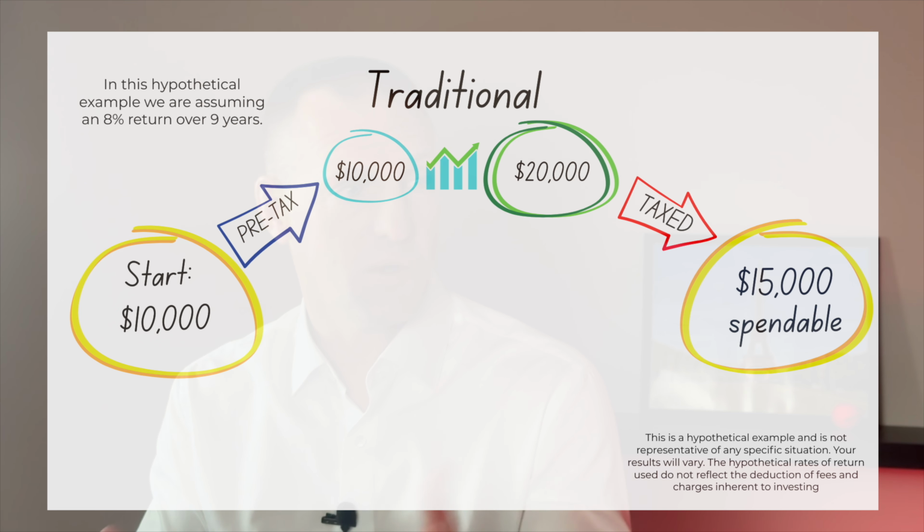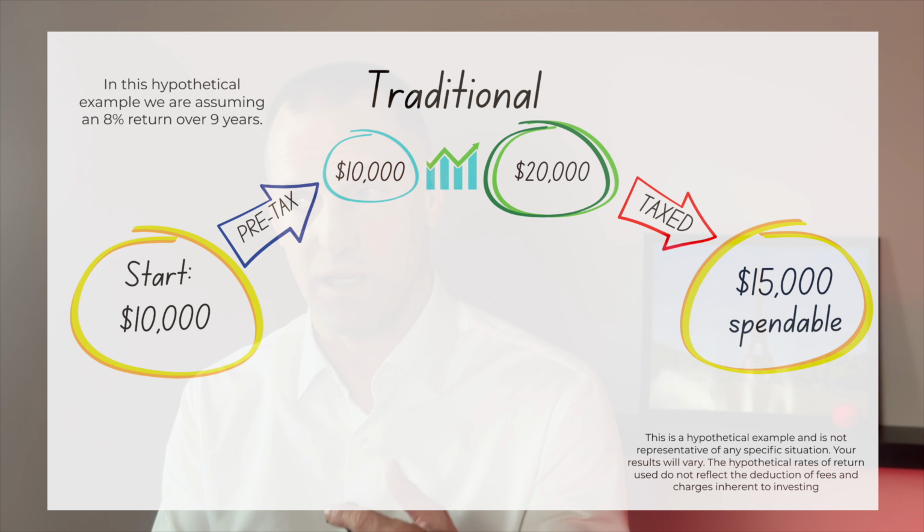Great. You reach retirement age, you take the money out, you have to pay income tax on it, all right? Well, let's say you're in the 25% tax bracket. And let's say we started in the 25% tax bracket and we ended in this 25% tax bracket, okay? And that's the real challenge because we know what it is today, we don't know what it's going to be down the road. But let's say they were the same. So you have your $20,000, you pay 25% taxes, you're left with $15,000 that you can spend then. Okay? So that's how the IRA would work, all right?